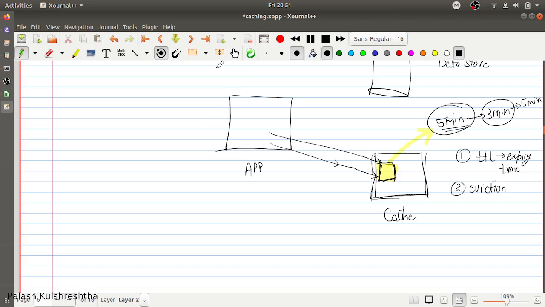But what is going to happen is, let's say you have a limited amount of storage and all the blocks are occupied, all the cache space is occupied. What are you going to do if you want to save more data in this? You will have to remove some data from your cache. This is called eviction, cache eviction. So if you run out of space to save more elements in your cache, you remove some of the elements from the cache. This is called eviction, and there are different eviction policies.